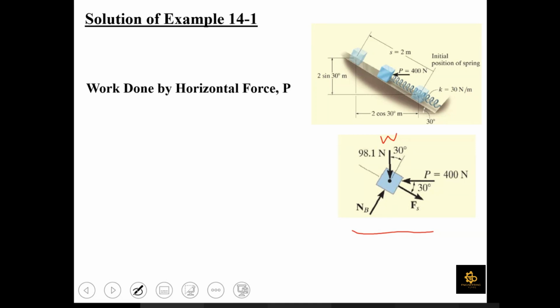What should be the work done due to this horizontal force P? Can any one of you tell me? P into the horizontal distance covered, sir, that will be 0.5 cos 30. This is our position number 1. This is our position number 2. So from 1 to 2, what is going to be the work done due to this applied force? It is going to be that applied force multiplied by displacement. However, since P and S are not along the same axis, either we consider the component of P along the direction of displacement, or the component of displacement in the direction of force. So as per our discussion, it is going to be 400 cos of 30